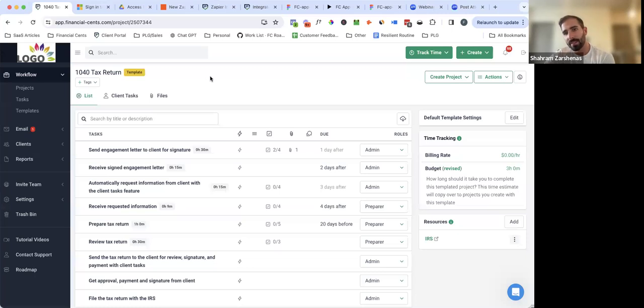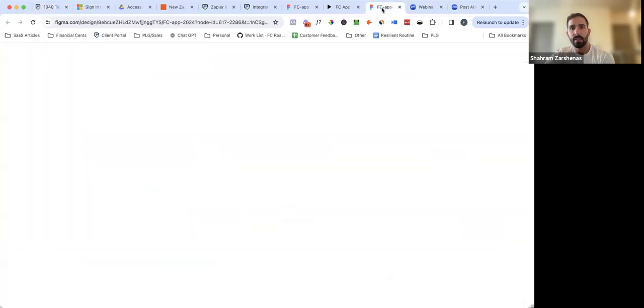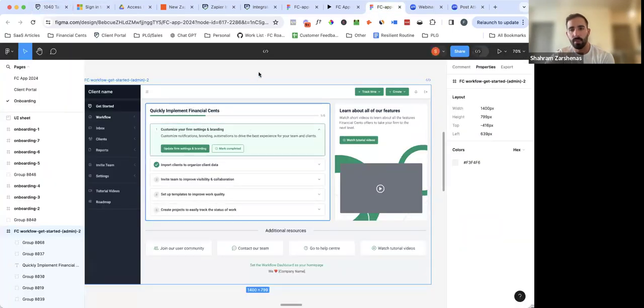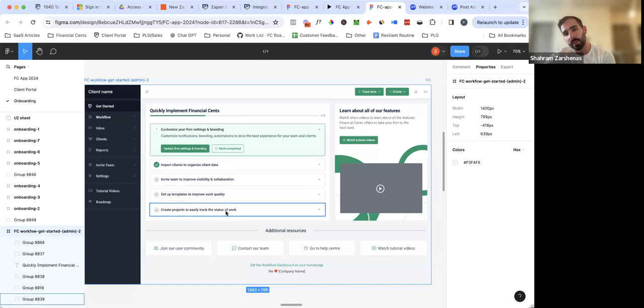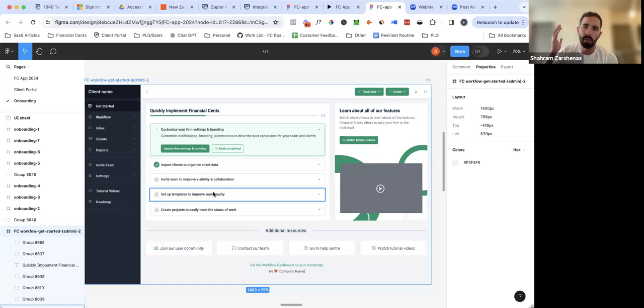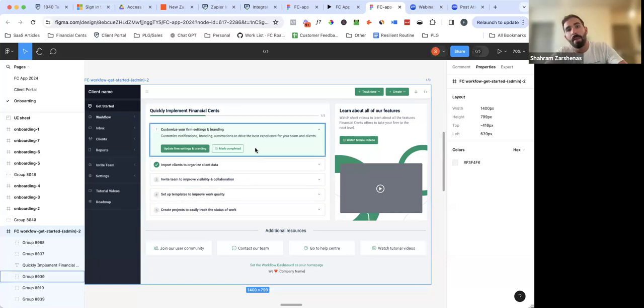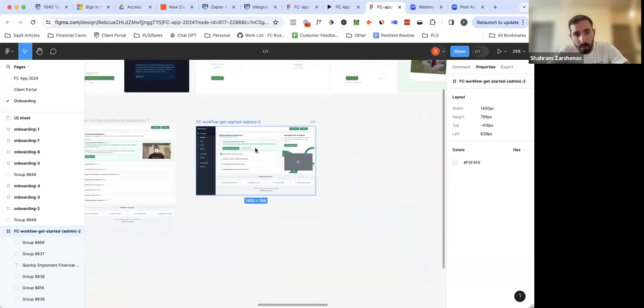Let's see. Oh, two other things. One thing we're going to be releasing is something to help new users when they get started. When a new firm signs up, they'll now see something like this, which is the steps to implementing Financial Sense, with a video and tutorial links. We have this information out there, but we're putting it in front of people so new users can get easily set up. But one thing for our current users, which I think you'll like,